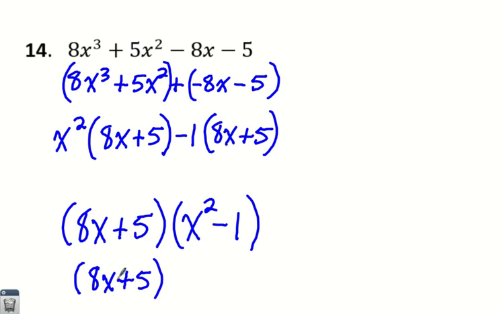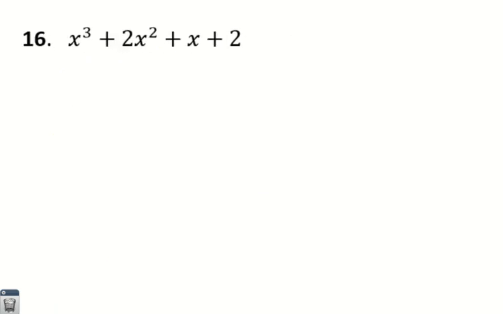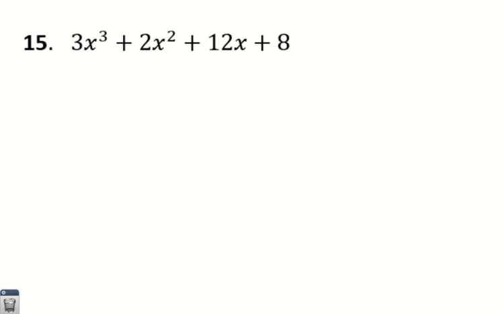Remember, the only hope that x squared minus 1 as a binomial has of unfoiling is if it's the difference of two perfect squares. X squared is a perfect square, and so is 1. The square root of x squared is x. The square root of 1 is 1. So x squared minus 1 factors into x plus 1 times x minus 1. Is this the last one? No, what? There's two more. Okay,